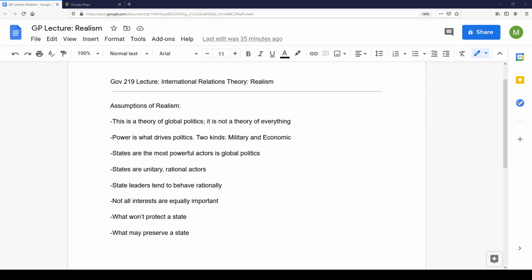And for realists, in the conflict for who gets what, when, and how globally, military power is frequently going to shape the results of those disputes, or at least the threat of using that military force. They think it does a pretty good job explaining why states do what they do. You don't have to agree with any of this. You just need to be able to understand it, to follow it.